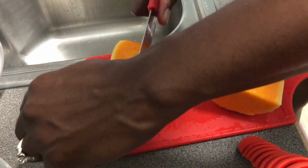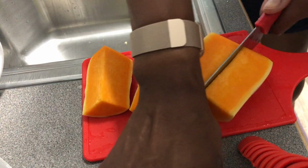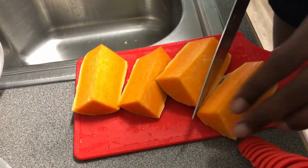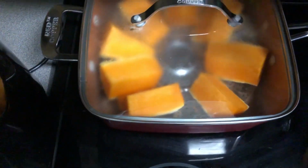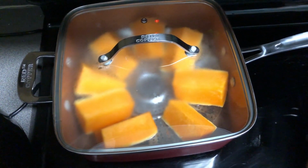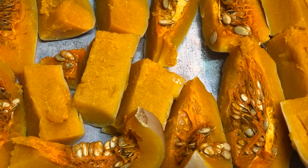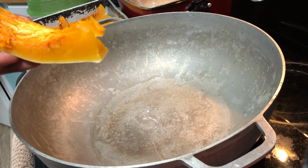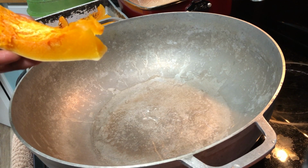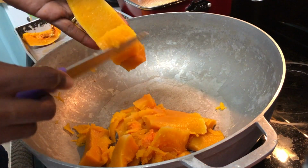Now I'm gonna prep my butternut squash for pureeing, and if you want to see how I steamed my butternut squash to get it ready to puree, catch the video on the link right there on the screen. I basically steam it in a pot, and once it's done, it looks like this. And then once that's cooled off, then I'll put it into my pot. There goes my nice pot, another gift from my mother-in-law. Once I got my squash all peeled,